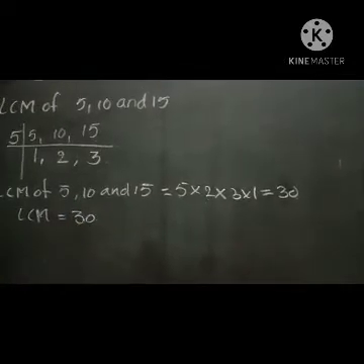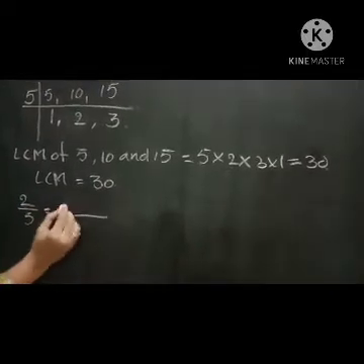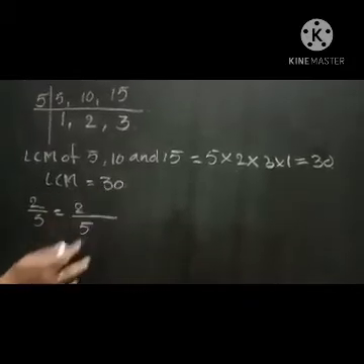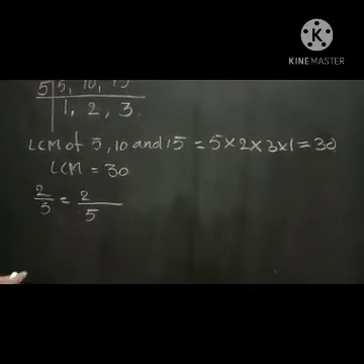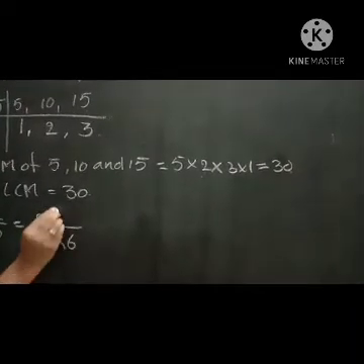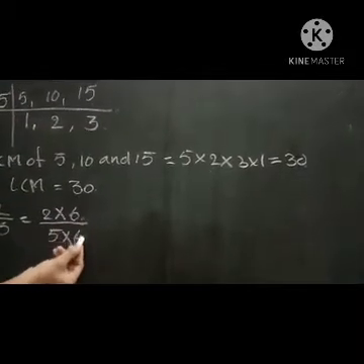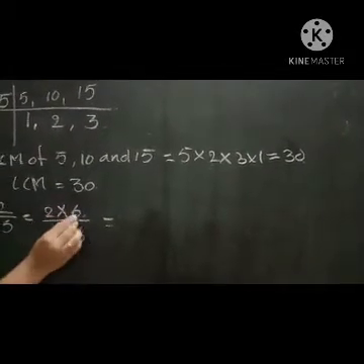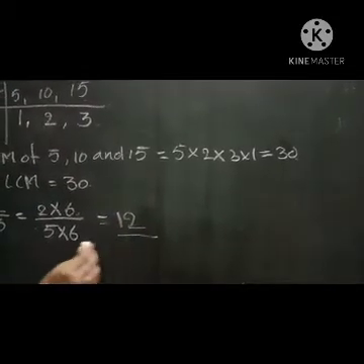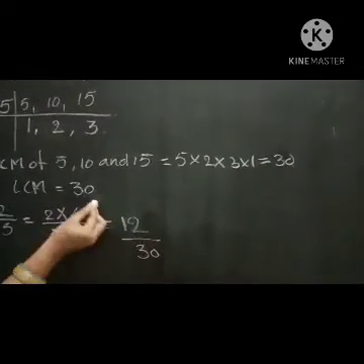See the first one, what is it here? First number is 2 by 5 equals to, see here, in 5 table, 30 is there or not there? How many times is 30 there in 5 table? Yes, 6 times. Very good. 5 into 6. 2 into 6 also. Here we have to write the denominator and numerator also. 2 6s are 12. 5 6s are 30. Here what is the denominator? The LCM and the denominator, both these numbers are same.